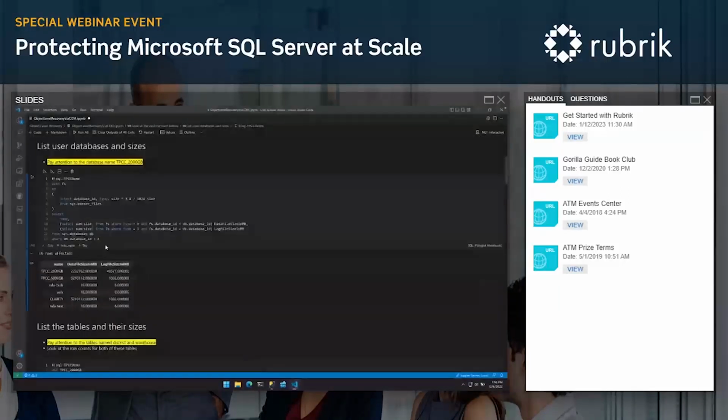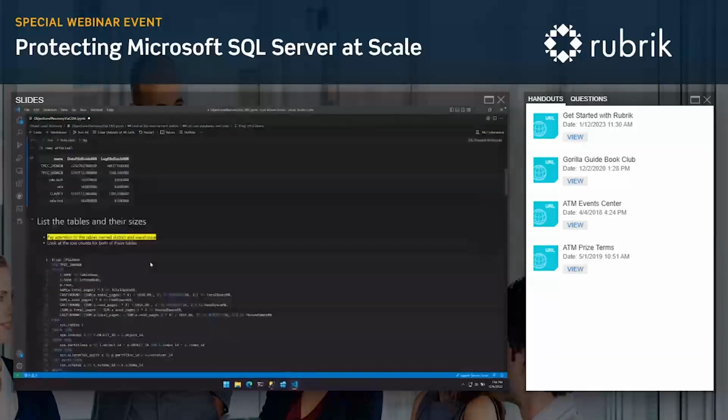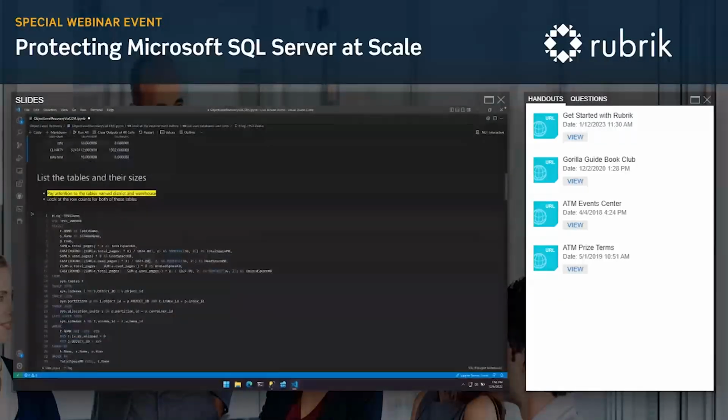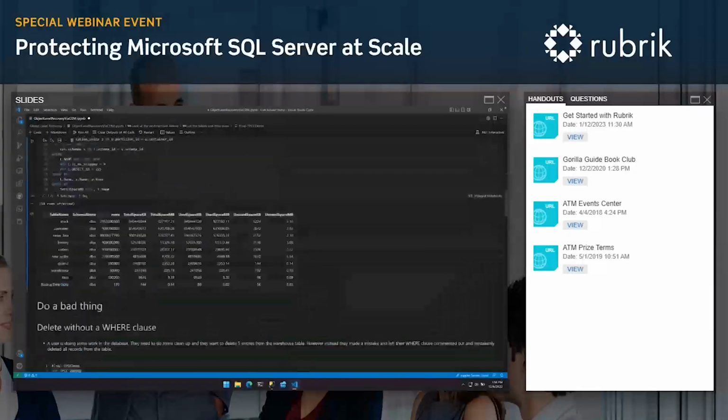Let's dive in a little bit deeper because we're going to use this 2 terabyte database as our example, but size for the most part doesn't really matter in this scenario. So in this case, I'm going to show you a list of the tables that are out on that database, and I want you to pay attention to the district table and the warehouse table. If we look at this table listing here, we can see the district table has about 300,000 records, and the warehouse table has 30,000 records.